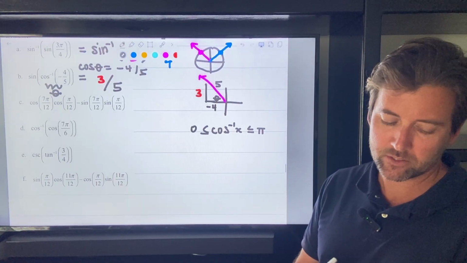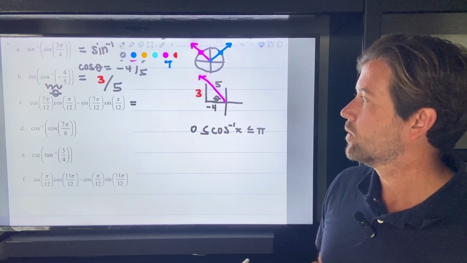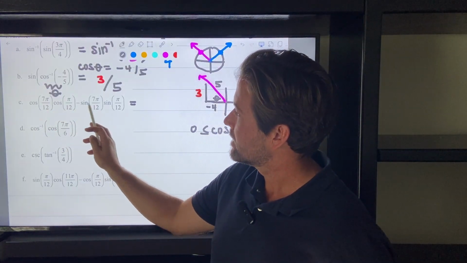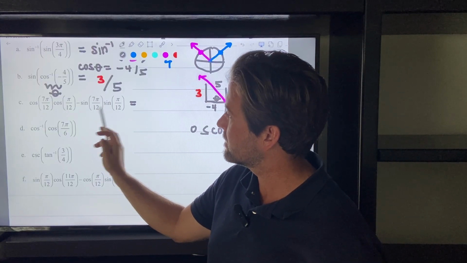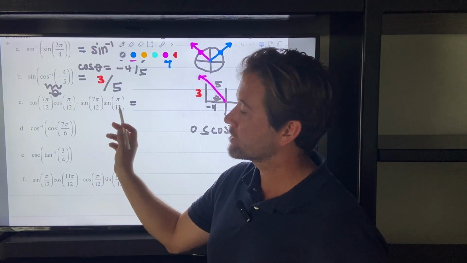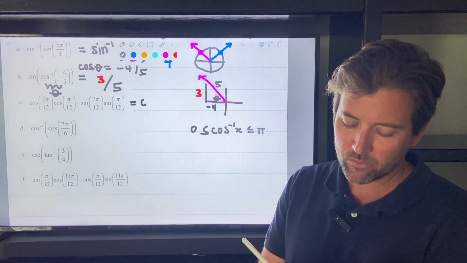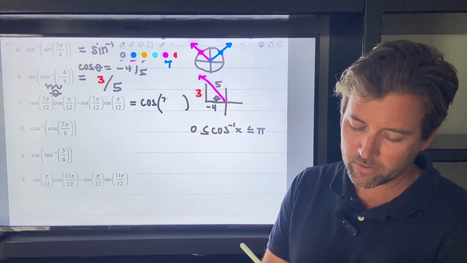All right, part C. We have to recognize that this says cosine of an angle, cosine of another angle, and then here, this angle here is repeated there. Sine of the angle times sine of this angle. So this looks like it is the angle addition for cosine. So I'm going to rewrite this as cosine. I'm going to condense this as 7 pi over 12